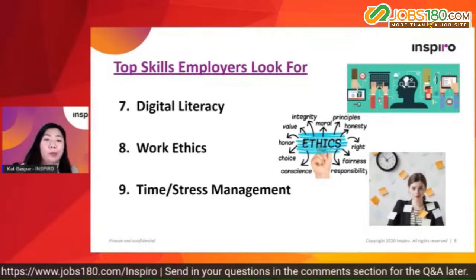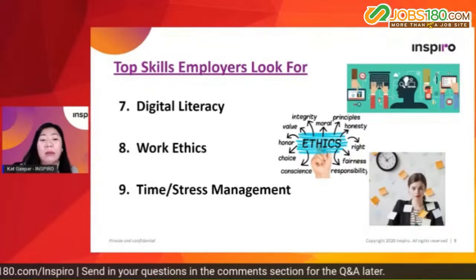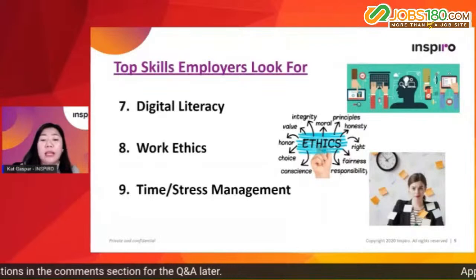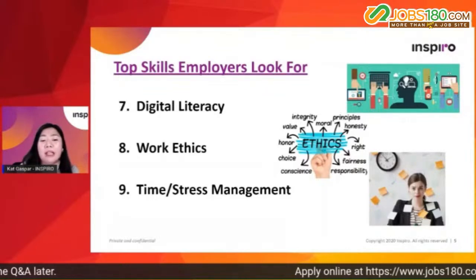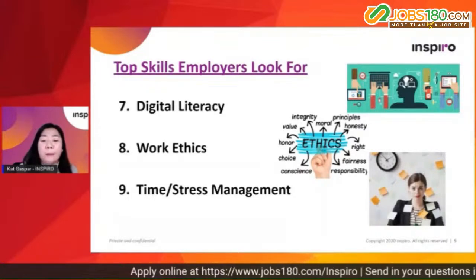And we are asking you to describe how you manage your stress at work. That will help us determine your time and stress management skills. So since this is the last,